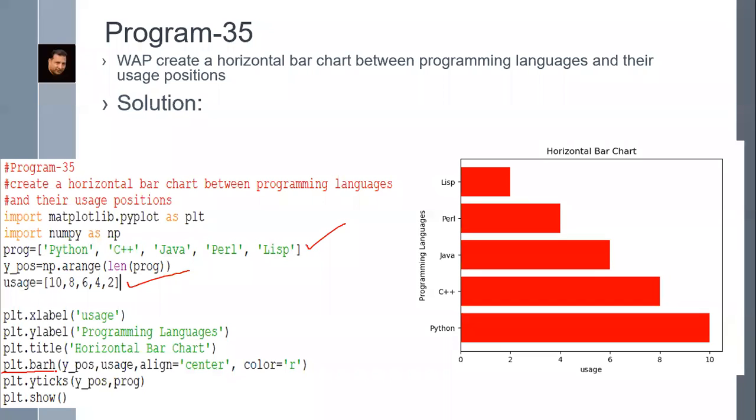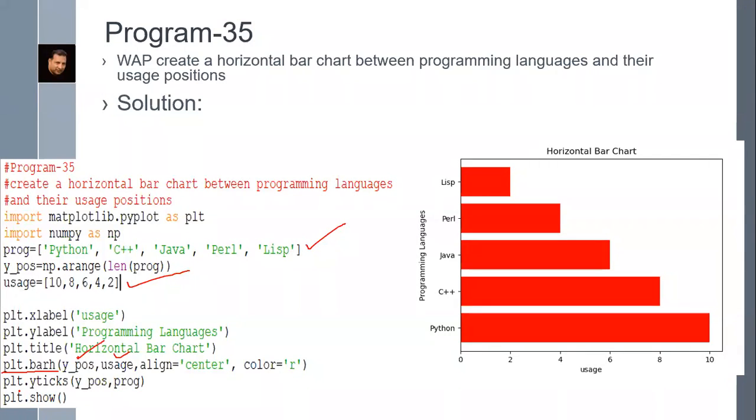And this is your main line: plt.barh. barh is used to create a horizontal bar, and you have to give two values for the x-axis and y-axis: y positions, usage, align equal to center, color equal to r. You can provide your own attributes also. plt.yticks, y_position comma prog.